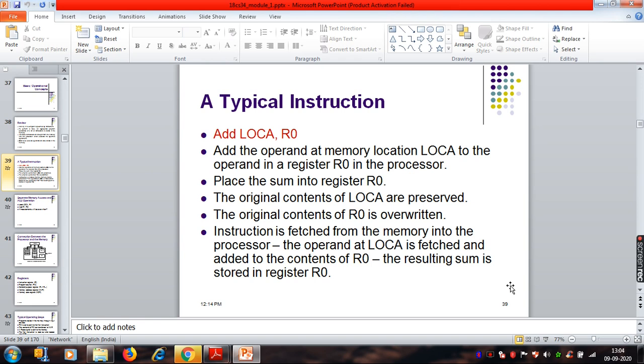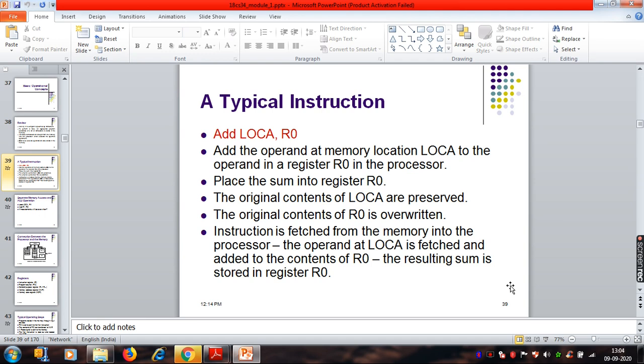You should be aware of this every time you see such terms and terminologies. You will get familiar with this later, which means that it represents some processor register. So this instruction will add the content of location A and R0, and store the result in R0. That's what this instruction will do.